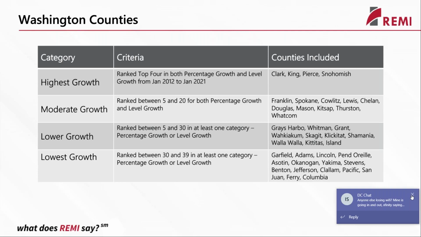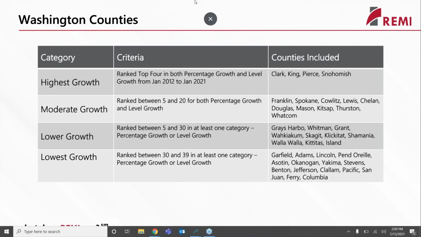And so what was interesting is that 4 counties, Clark, King, Pierce, and Snohomish, were top 4 in both terms, meaning that in percentage terms, the housing price is increasing very rapidly, but also by a dollar amount, they're increasing by large strides. This was not necessarily the case with the other categories. Usually one was high ranking in one metric, but lower ranking in the other. But based on that analysis, it was quite clear that these 4 counties were seeing the bulk of the housing price increase in Washington.